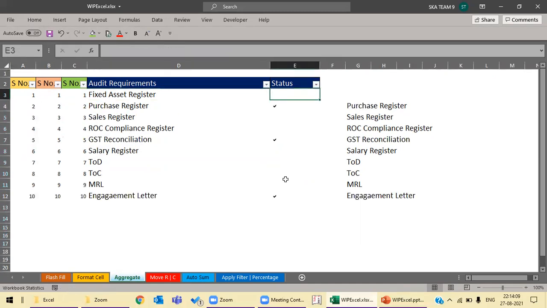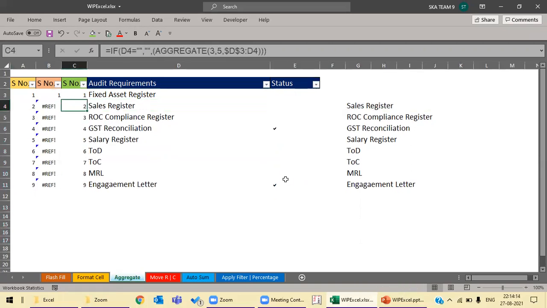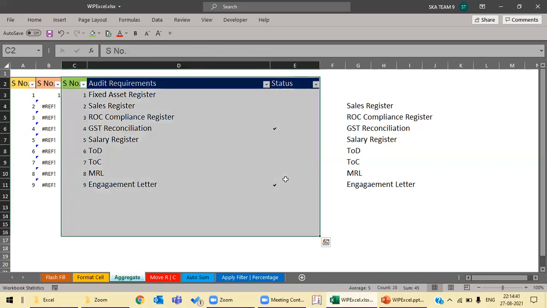Let's clear the filter, and even if you delete certain rows, the third column's serial numbers are still correct. This means we can send it directly to the client without adjusting the serial numbers again and again. The first two have been distorted completely, and this remains correct. So the winner is the third column, and we can use this formula for future references.